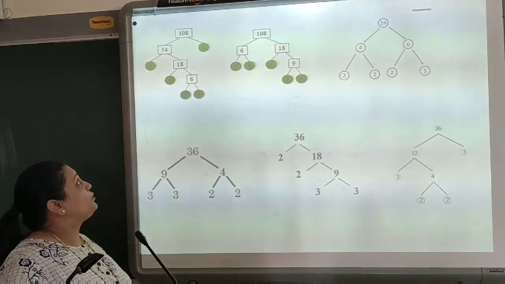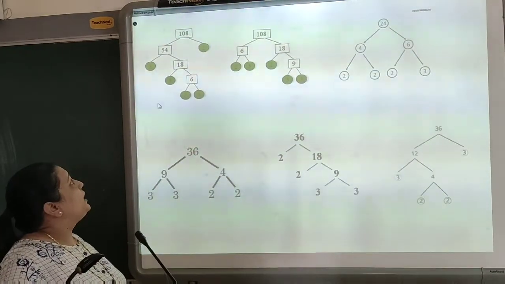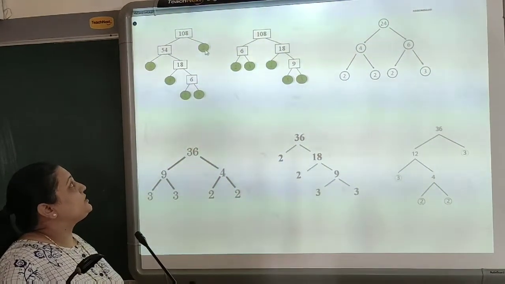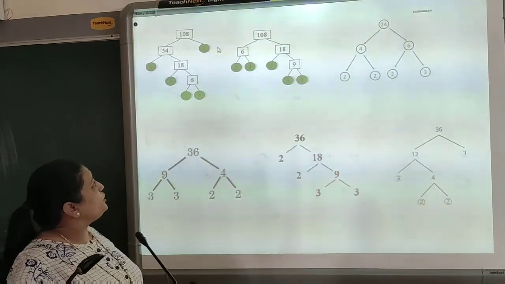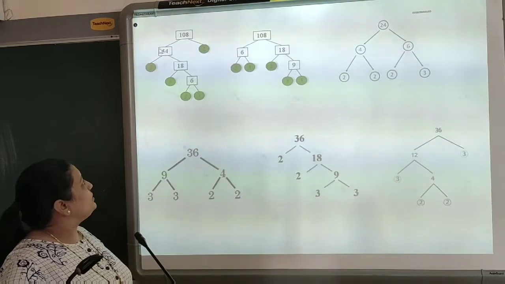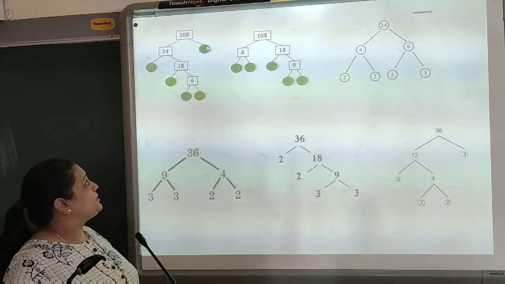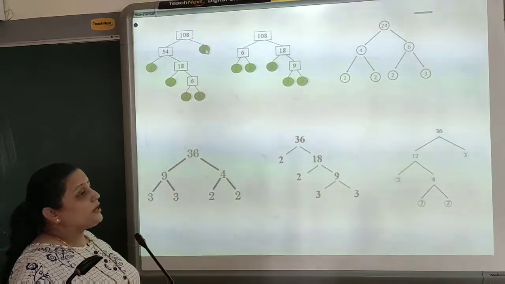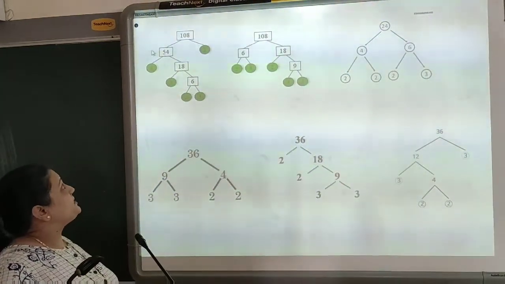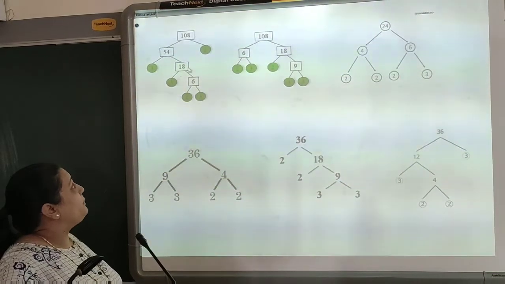It is divisible by 2. So 54 2s are 108. Now 2 is a prime number, so these two branches I have drawn here: 54 into 2. One is 2 and the other is 54. Now here 2 is a prime number. We cannot find any other factor for 2, so here we have closed this branch. And this branch again we have broken down into other branches.